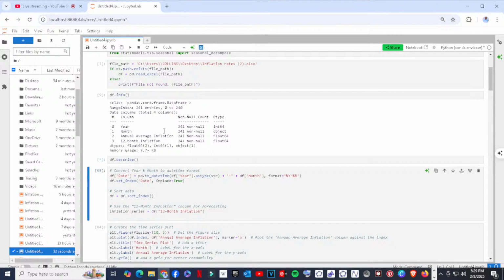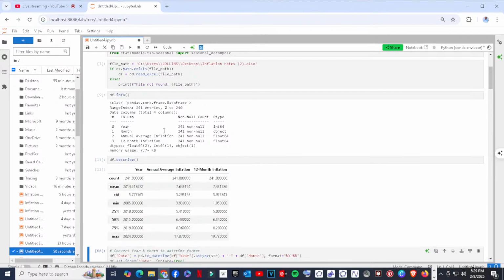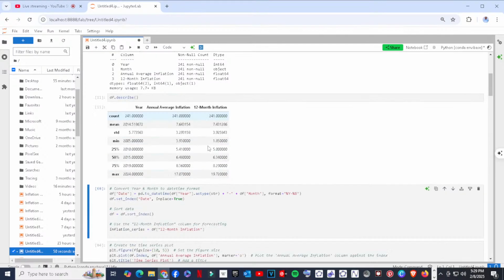I considered this in my initial video, where we were looking at the descriptive statistics of annual average inflation, giving us a mean of 7.643 and standard deviation 3.29.